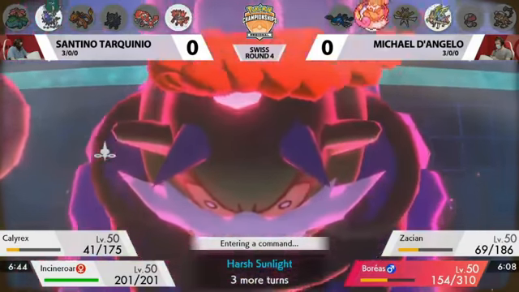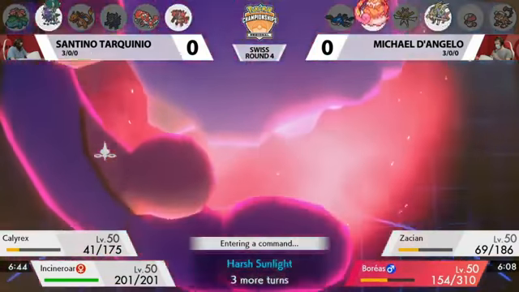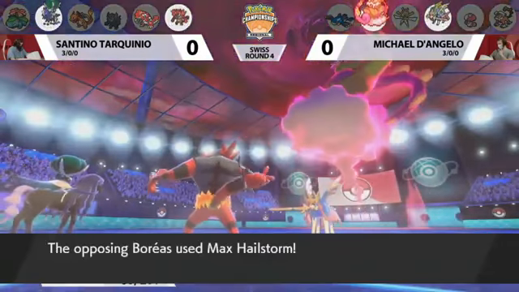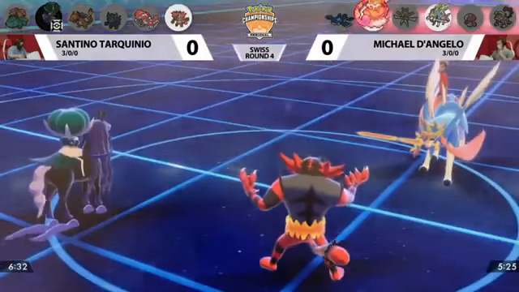It really frees up the Zacian on Michael's side of the field to target down that Incineroar with maybe a Sacred Sword or a Close Combat, its fighting move of choice, as most of them are still running those moves. And for good reason. That super effective hit's going to be bringing that down real low. And it's not going to stop there. It is going to be a Max Hailstorm coming out just to clean off the KO on this Calyrex Shadow